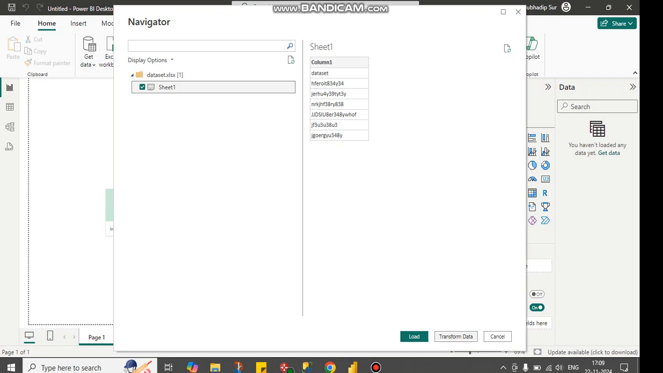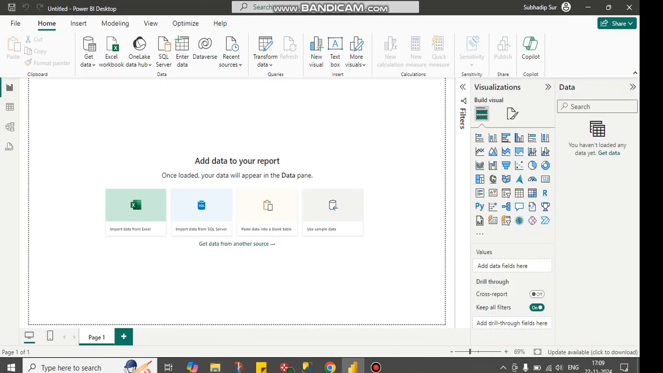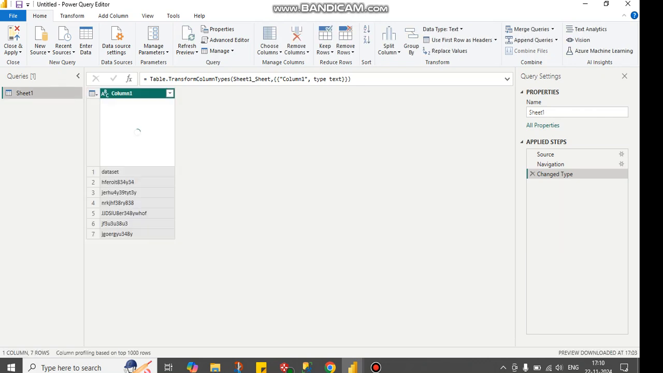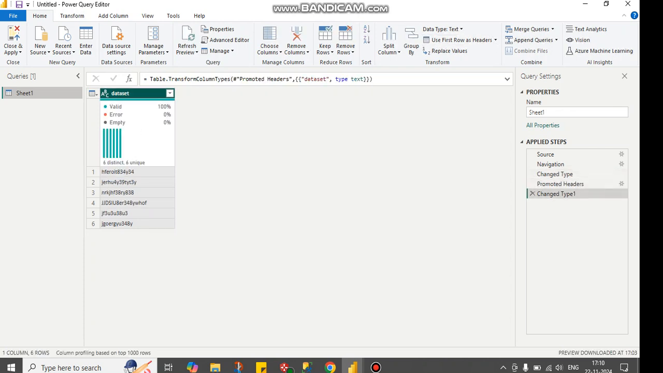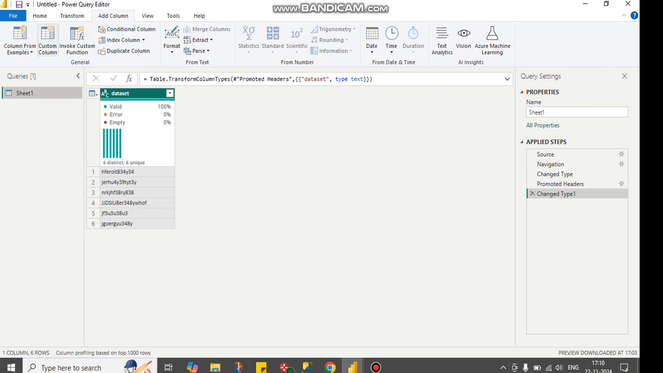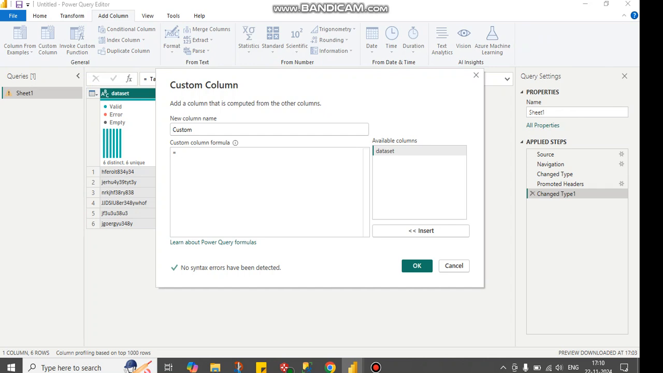So what I will do is go to Transform Data first. I came to Power Query, then I have to do first row as header. This is our header name, the column name, dataset. From here I will go to Add Column and Custom Column. Here, first I will